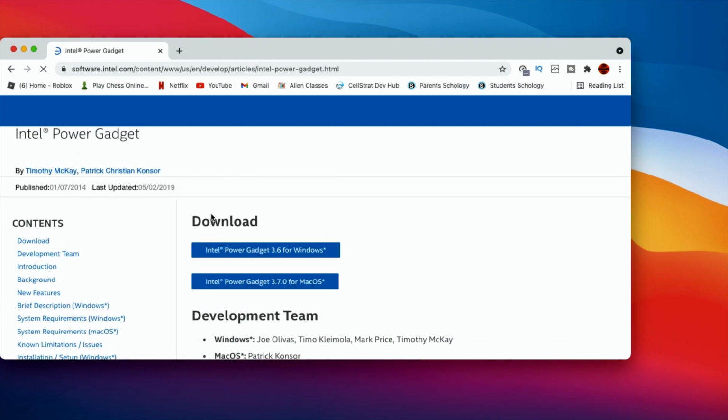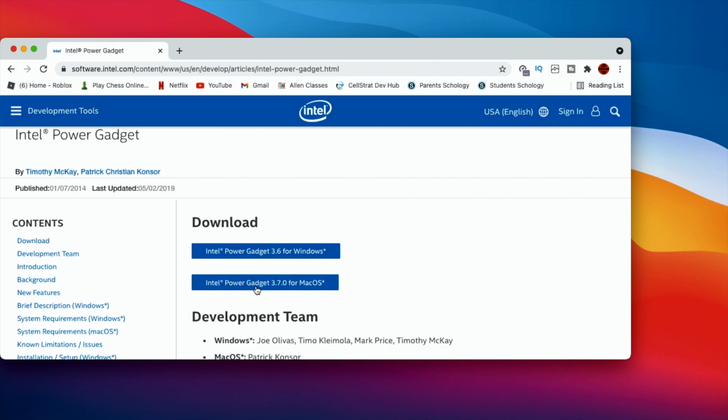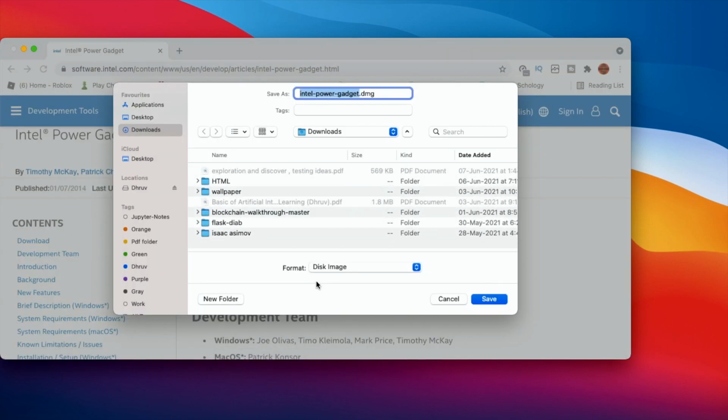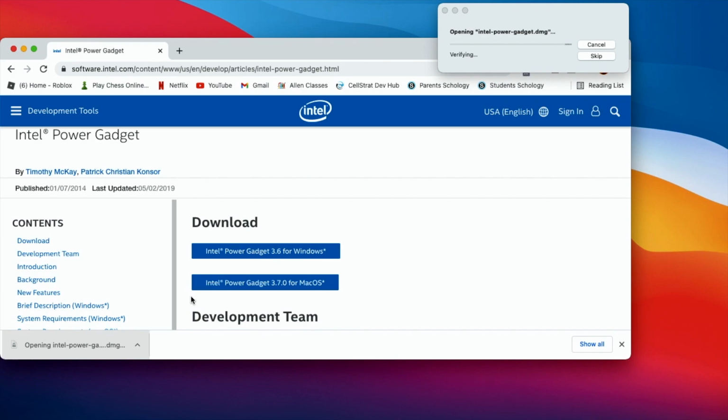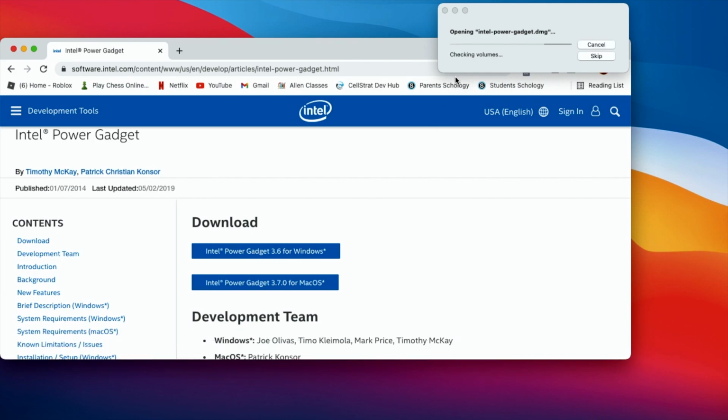After you click on it, it will take you to this page, and over here click Intel Power Gadget 3.7.0 for macOS, and then download it wherever you would like. And after it downloads, just open it. After you open it, it'll start verifying and checking volumes